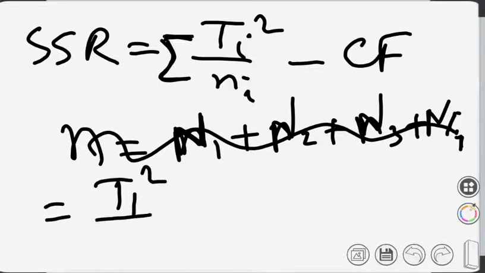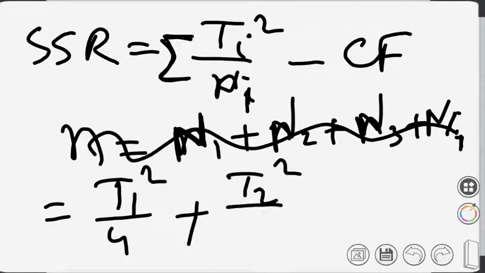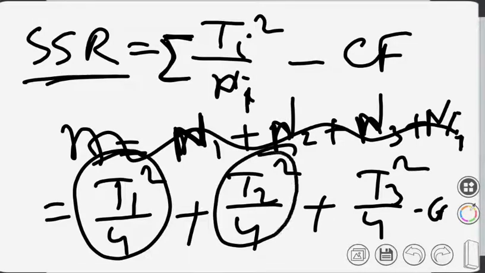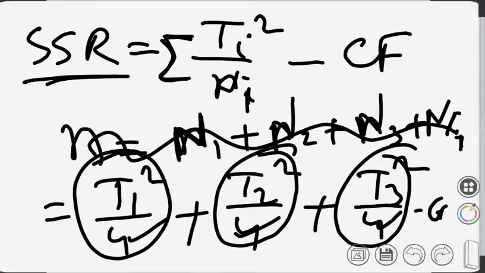Capital T1 square by N1, meaning how many values are there in the first row? Capital N1. Sir, 4. 4, right. Then T2 square by 4 plus T3 square by 4. That is SSR minus CF. In this case, there are 3 rows: capital T1, capital T2, and capital T3, and each row has how many values? 4 values. So that's why I was